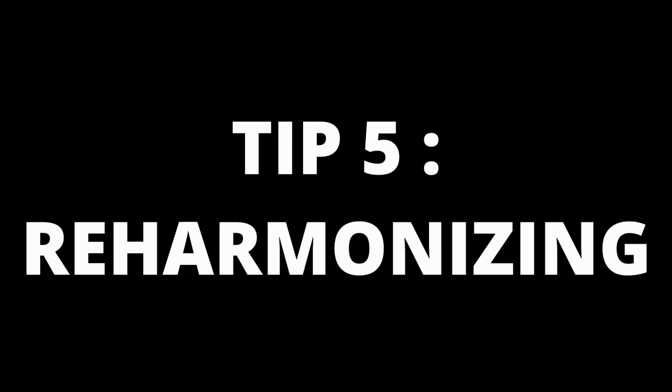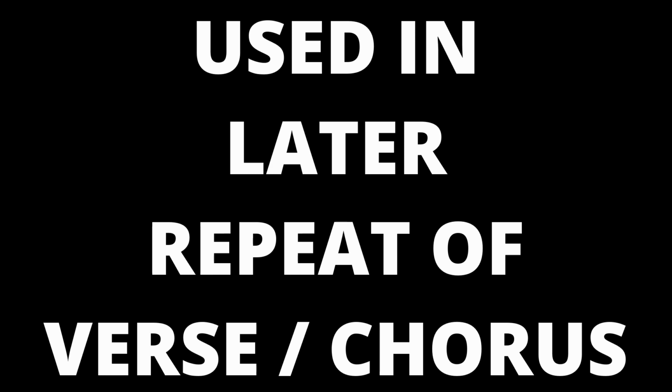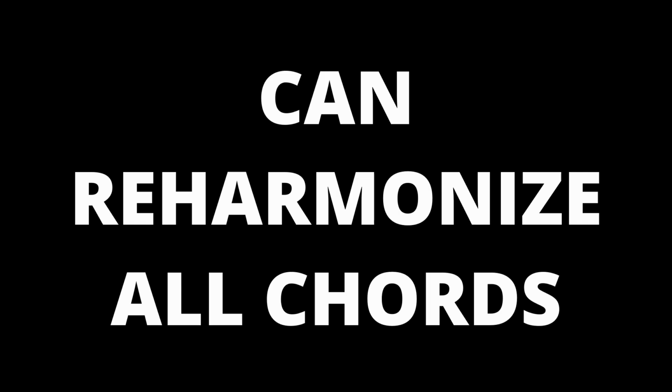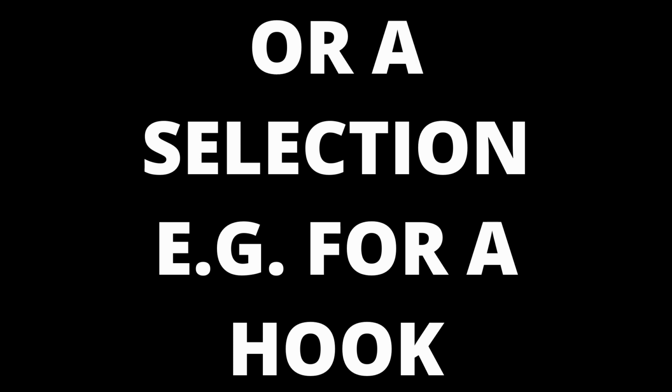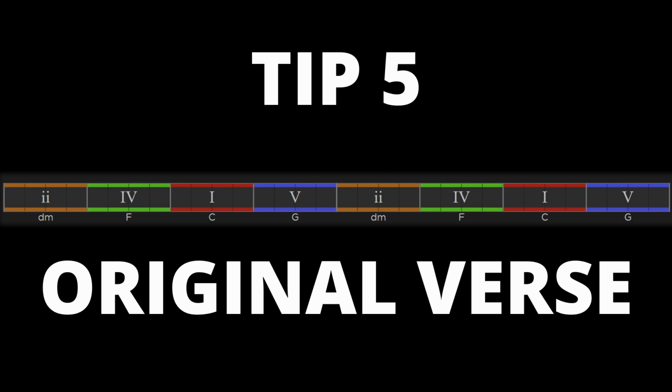Tip number 5, reharmonizing. Reharmonizing is when we change a chord to its relative minor. If you're not sure about this, then check out our video on the relative minor chords. This is often used in a later chorus or verse to provide contrast or to elevate emotion as the song progresses. The reharmonizing can be all of the chords in a progression or just a selection, maybe to reinforce a primary hook. For example,